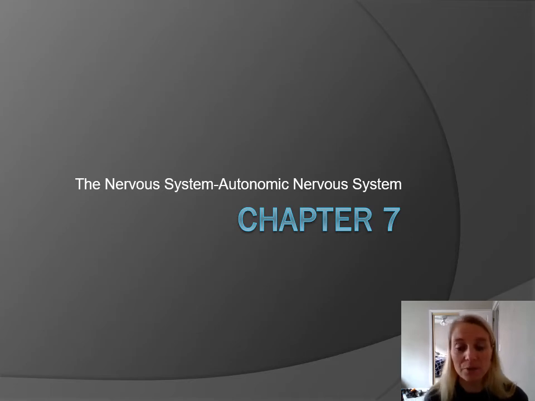Hello, welcome. We've made it to our last video in the nervous system chapter, and boy, we have covered a lot of information. This last video, I think, is the most interesting, just because the way that our body controls a lot of the stuff without us actually thinking about it, it's just so phenomenal to me. So this focuses on the autonomic nervous system, primarily the motor division of the autonomic nervous system.